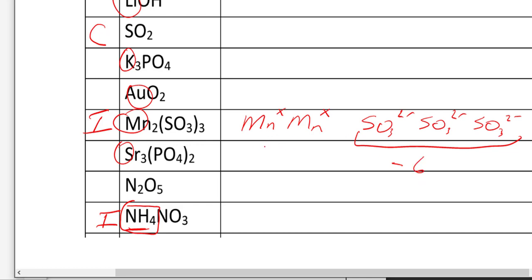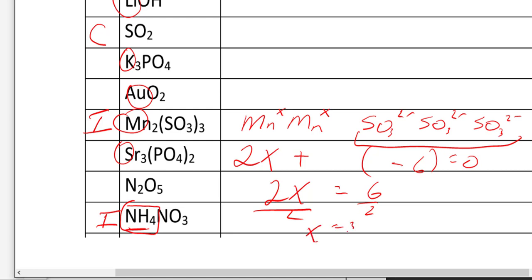Well, we have 2 Mn's, so I'm going to represent the total charge contributed by the Mn's as 2x. So the 2x total positive charge plus this -6 must sum up to 0. So if you could see that this is 3, great. If not, do a little bit of math here and bring the -6 over to the other side. Now it's +6, divide both sides by 2. So X is 3, +3. So the charge on each of the manganese